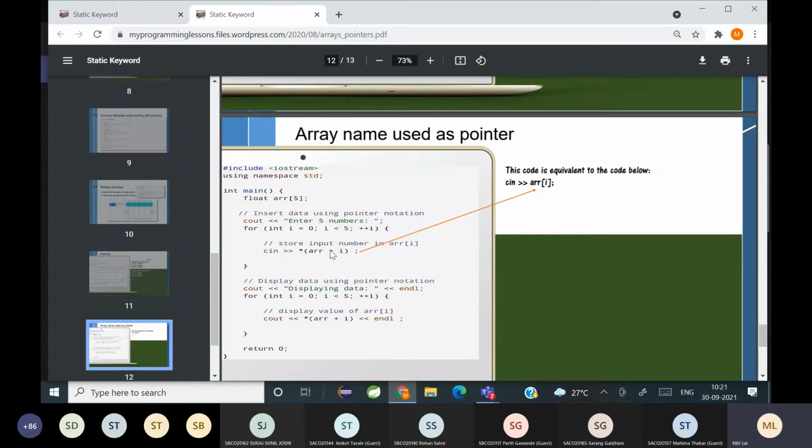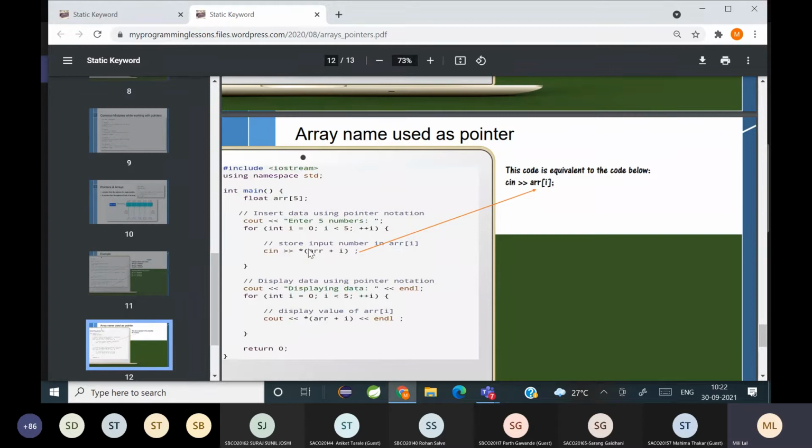So what does arr plus i mean? Address of the next element. It depends on the index value. Like if arr is 2000, arr plus i means it's going to go to the next address location.